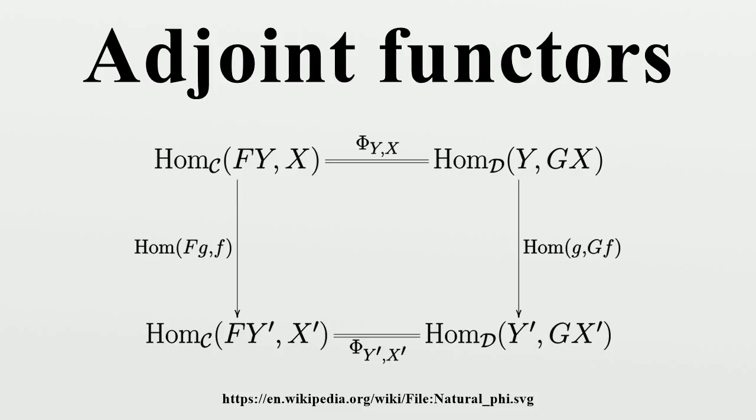For each f: FY → X and each g: Y → GX, define phi and psi. The transformations phi and psi are natural because eta and epsilon are natural. Using, in order, that F is a functor, that epsilon is natural, and the counit-unit equation 1_{FY} = epsilon_{FY}∘F(eta_Y), we obtain